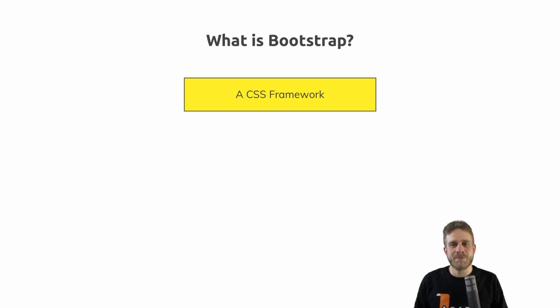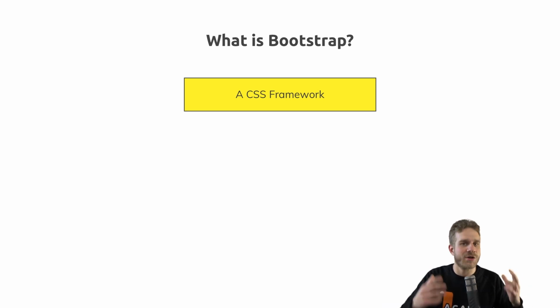So I already mentioned, Bootstrap is a CSS framework. But what does this actually mean? What is a CSS framework? Well, you obviously know that CSS stands for Cascading Style Sheets and is used to style our website. And typically, we do style our website by assigning styles to selectors, like element or class selectors. And often you just write a bunch of classes which you then attach to your HTML elements to make them look in a certain way. Now, there's nothing wrong with that approach. But of course, the downside of this is that you have to write all the rules, all the styles on your own. And this can become pretty cumbersome.